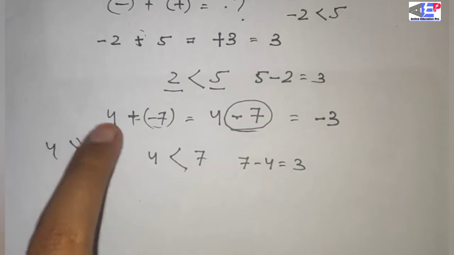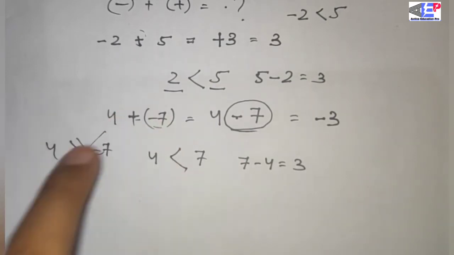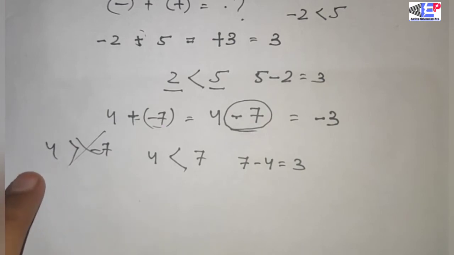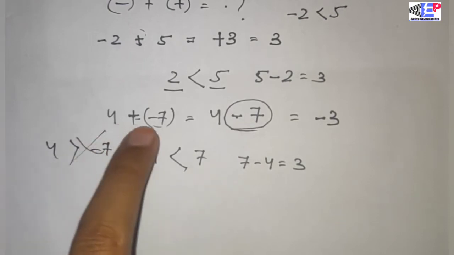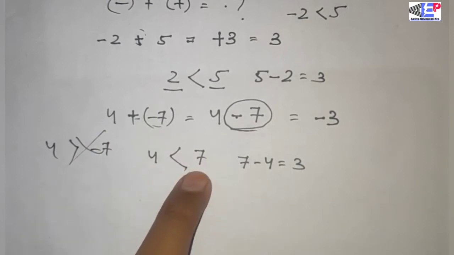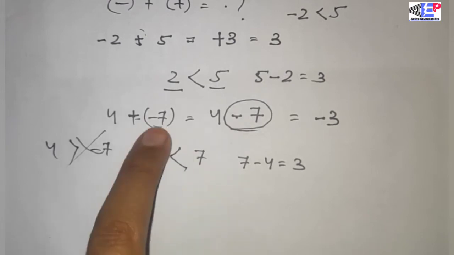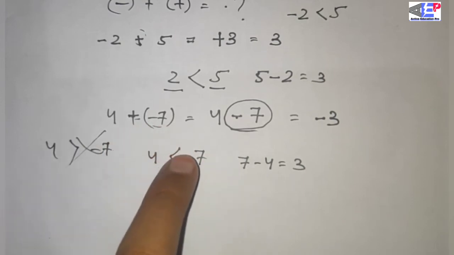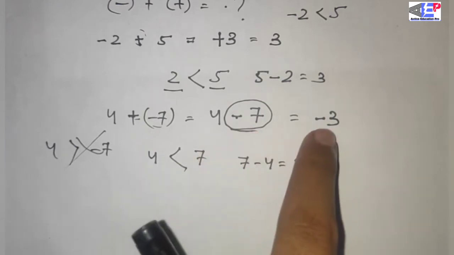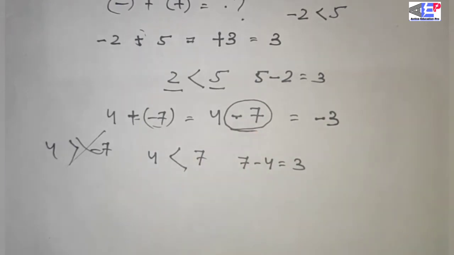And in our second case, 4 and minus 7. If you consider their integer values, 4 is a positive integer which is greater than the negative integer minus 7. But in the case of numerical value, without the sign, it is a simple 4 and a simple 7, and if you compare the numerical values, 7 is greater than 4. 7 is a negative integer here. So as per the sign of the larger numerical value, the answer is a negative integer, minus 3.